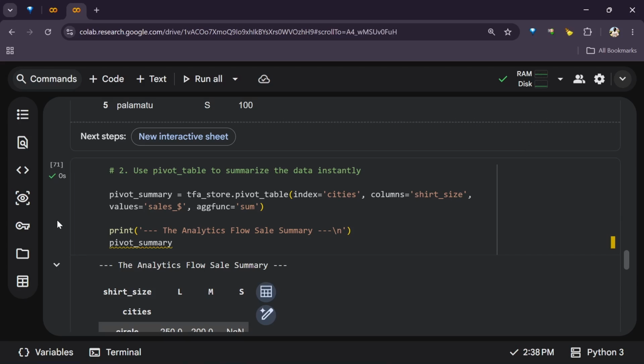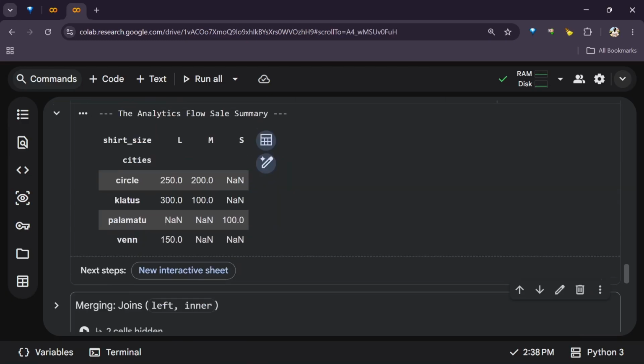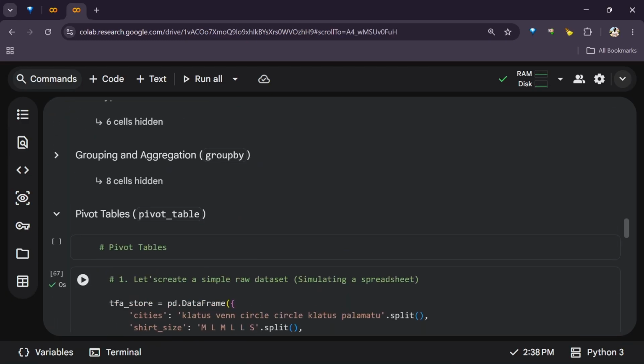Yes, and finally, we're about to look at join. Okay, so let's collapse this. Simply